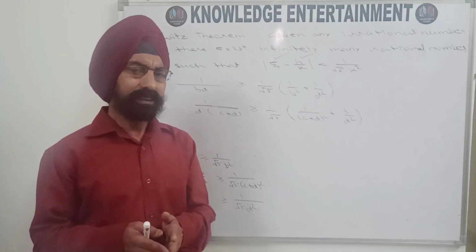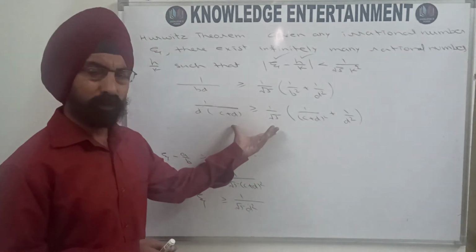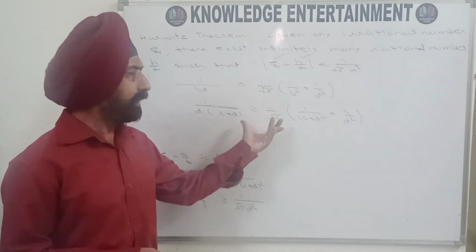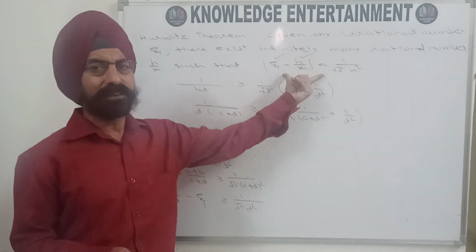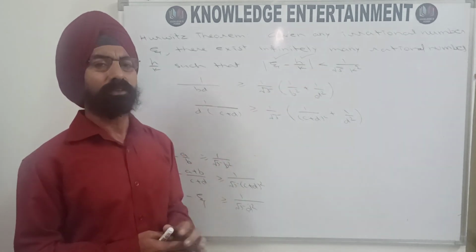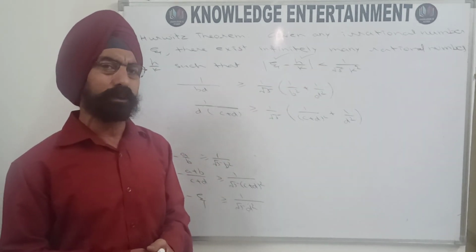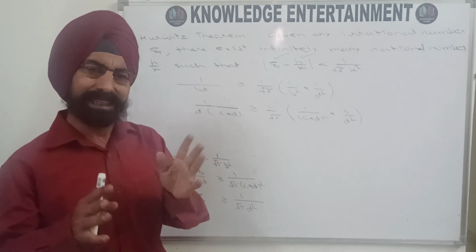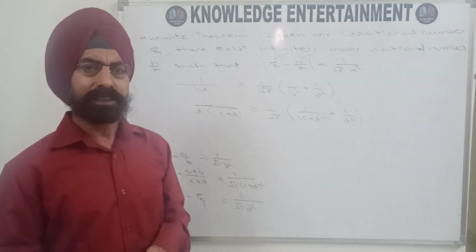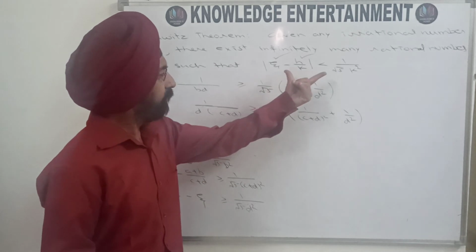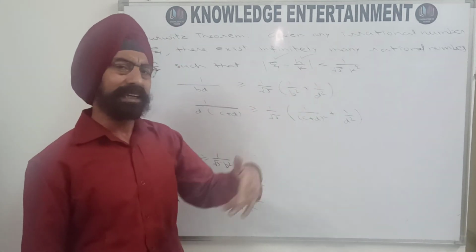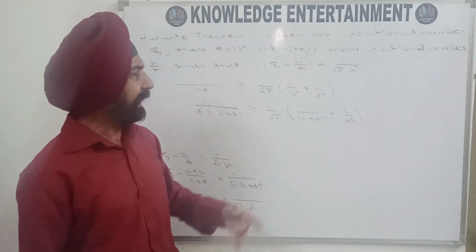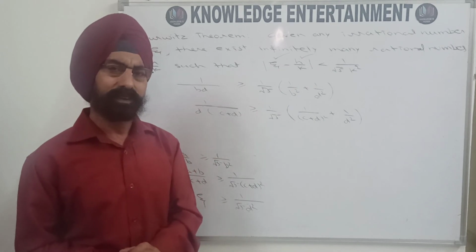So we are at a step of contradiction. Our supposition was wrong. That means this inequality is satisfied for at least one of a upon b, c upon d, and a plus c upon b plus d. So that means there exists a rational number which satisfies this inequality, and in fact a Farey fraction that satisfies this inequality.